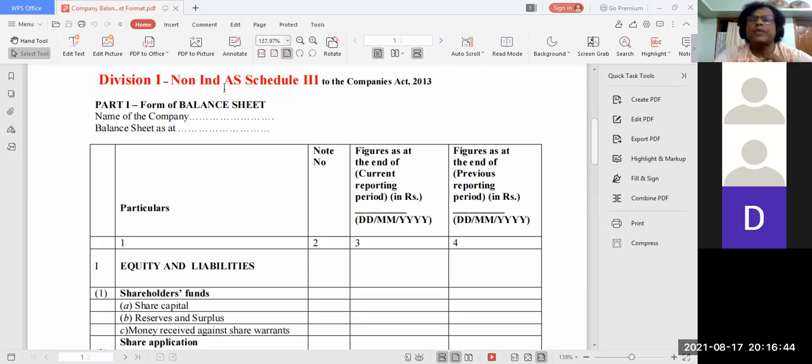So now in India, there are two types of accounting standards. One is AS, like AS1, AS2, AS3, AS4, AS5, AS6. And another is Ind AS, like Ind AS1, Ind AS2, Ind AS3, Ind AS4. Ind AS is nothing but IFRS in Indian version. Okay. Now, in India, there are two types of standards. One is AS and the other is what? Anybody can tell me?